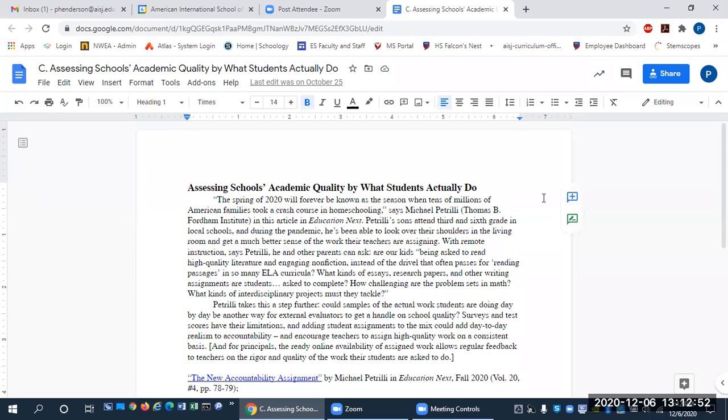I'm going to start this off the same way we've started our other curriculum talks. We have an article on the screen, the same article we've been using, and it's just begging the question: without external exams, state exams, for example, we use MAP, without this school year, how do we know we're doing okay as a school? How do we know the students are learning? The title here says assessing schools' academic quality, but that's an open question, and I'm curious what you think, Christy. How do you think we can tell we're doing an okay job without our MAP scores?